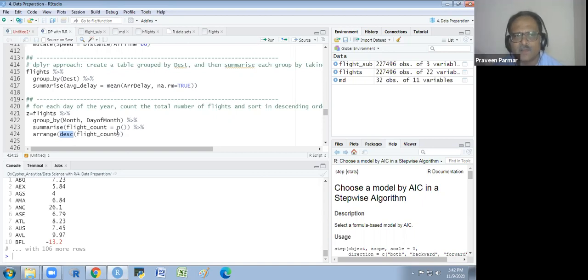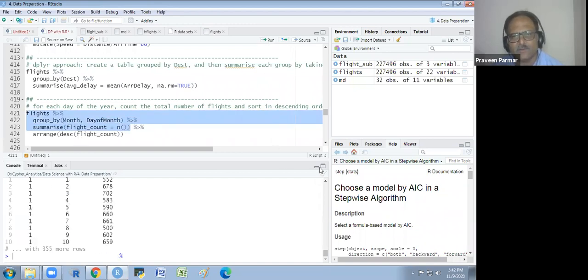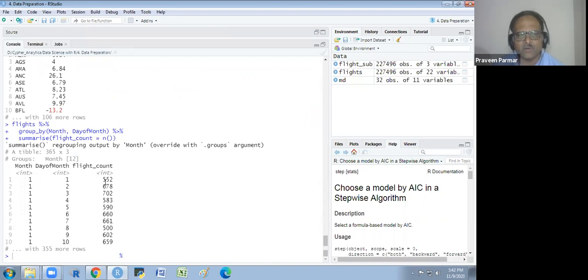Got it? I will run up to here first, and I will show you. I don't want to use the object name. I don't want to take this in my global environment. Okay, got it? So I just run it up to here. You will see, when I run, I am not getting ascending or descending order: 552, 678, 702, 583.